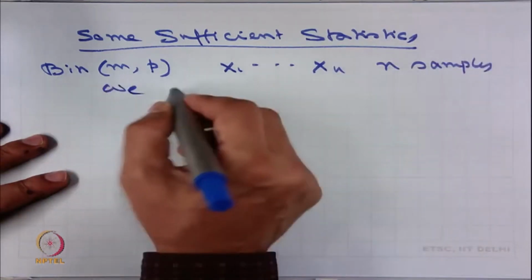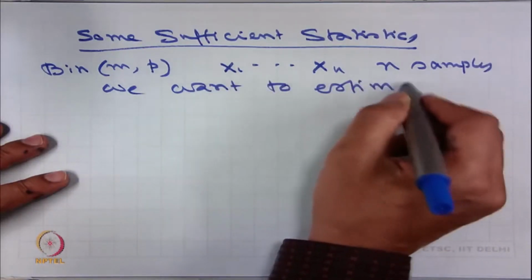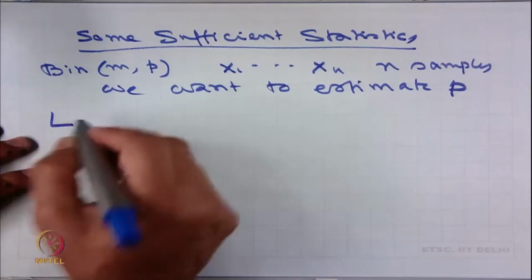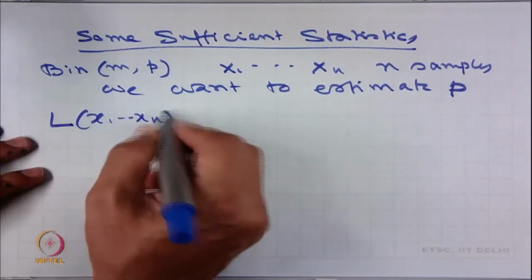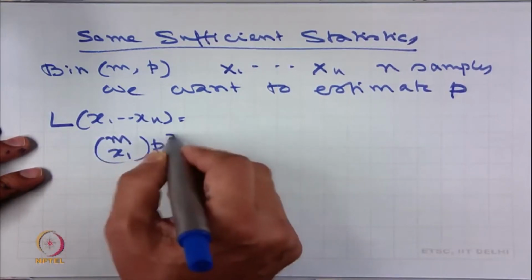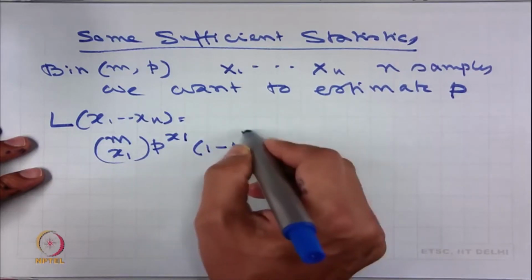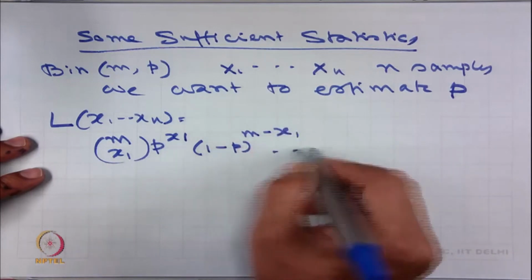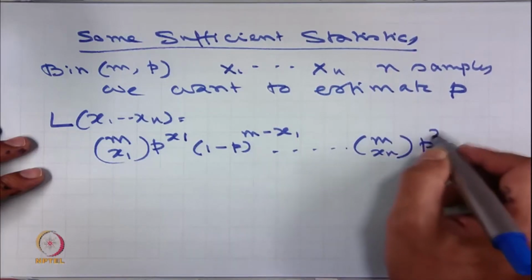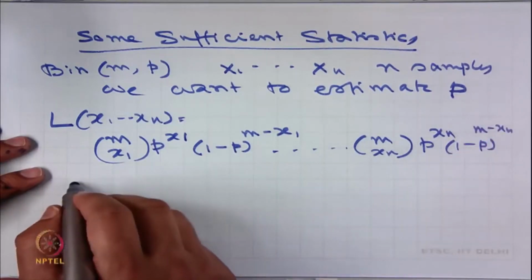We want to estimate p, then the joint density L of x1, x2, ..., xn is equal to mC x1 p to the power x1 (1 minus p) to the power m minus x1, and so on up to mC xn p to the power xn (1 minus p) to the power m minus xn, which is equal to